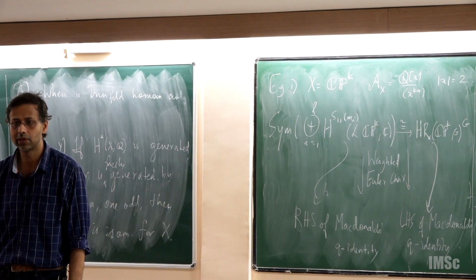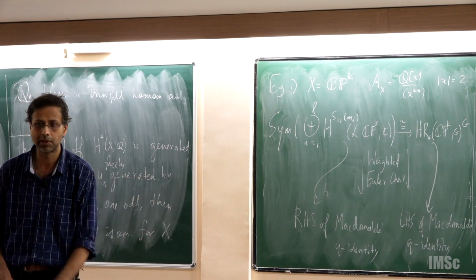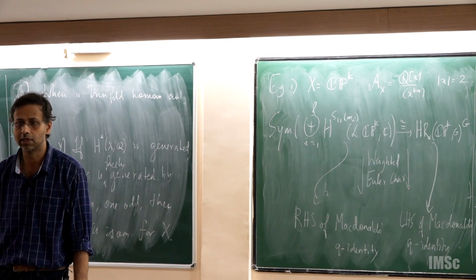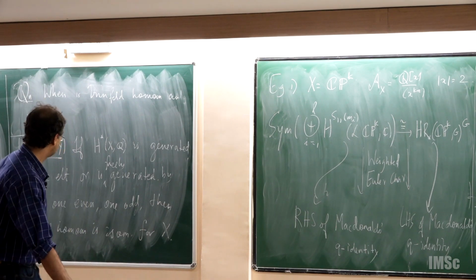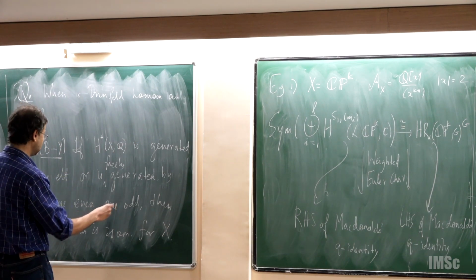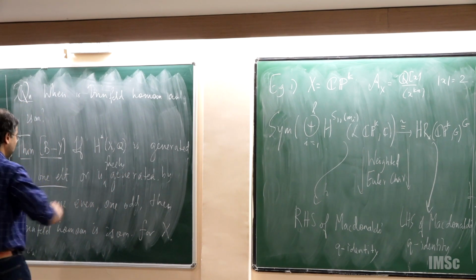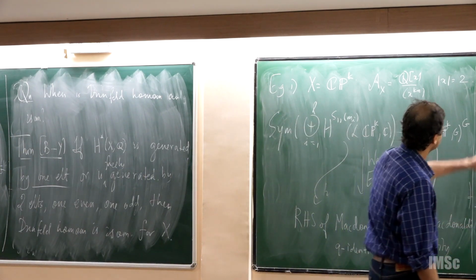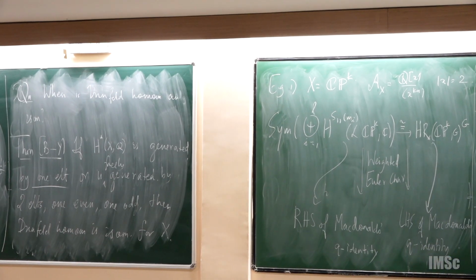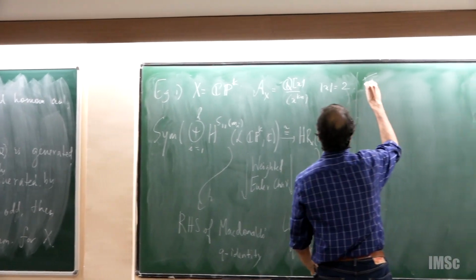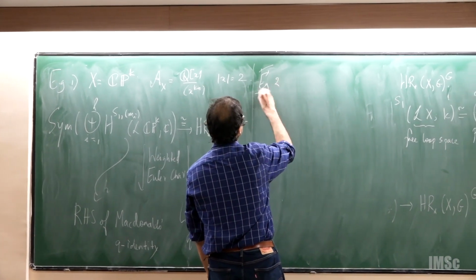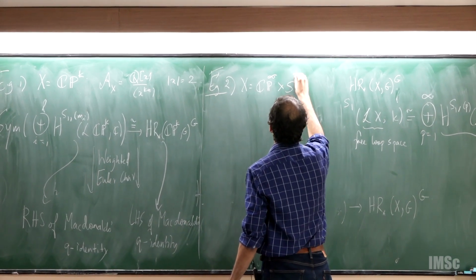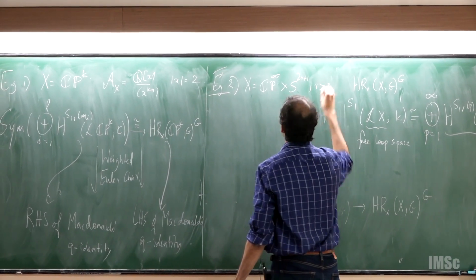That conjecture was proven, not in these conceptual terms, but in a very ad hoc way, by Fishel, Grojnowski, and Teleman in an Annals paper in 2008. So that takes care of the most interesting example, where the space is generated by one element. What about freely generated by two elements? That's example 2. Suppose I take X to be CP^infinity times an odd sphere,